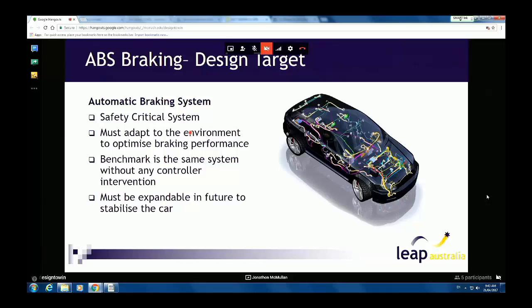I have another example, and this is looking at ABS braking of a car. So this is another safety critical system. You might be noticing a pattern now that a lot of the things we do are safety critical. We always have to adapt to the environment. So if we're braking on slick roads, if there's ice, if the car is twisting, we need to adapt for